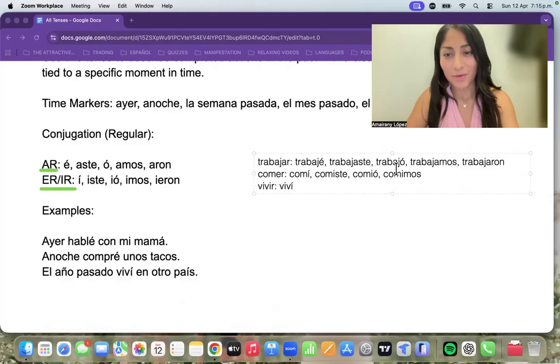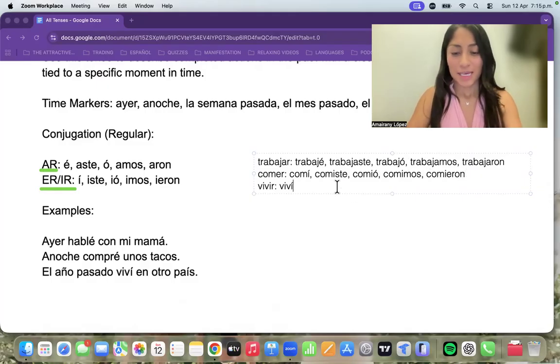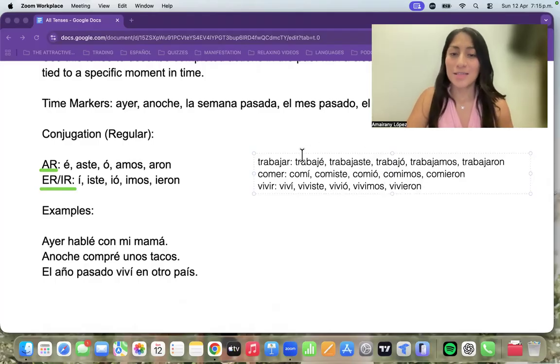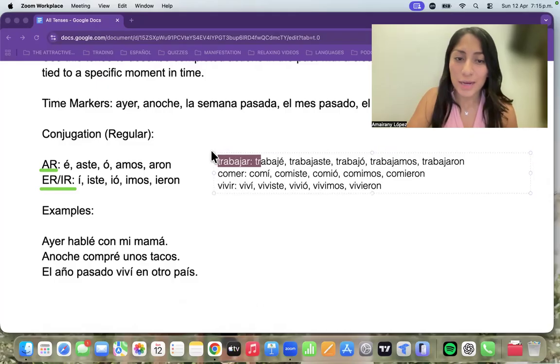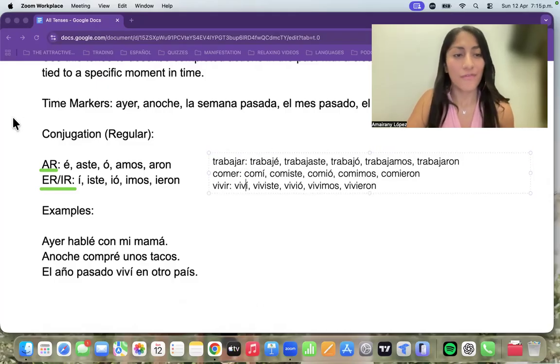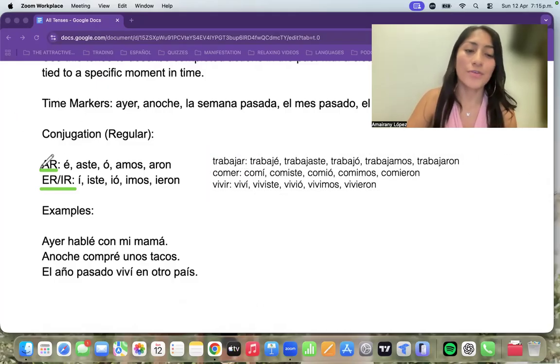Comí, comiste, comió, comimos, yeah, mira. Perfect. And viví, viviste, vivió, vivimos, and vivieron, right? So, guys, this is how this works, okay? If you have an AR ending verb, you just drop the ending, the AR, and then it becomes all these